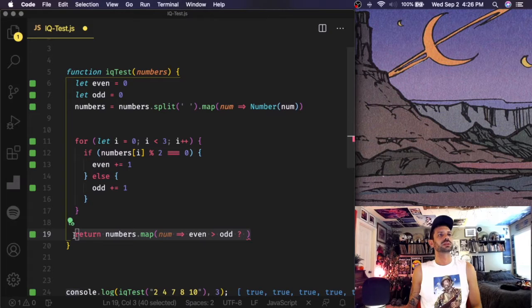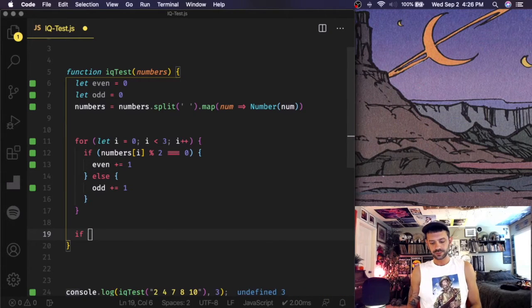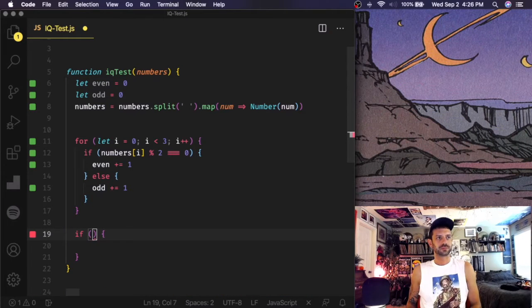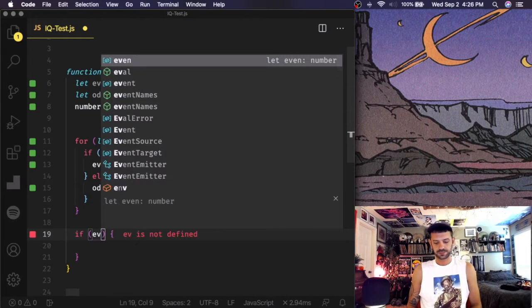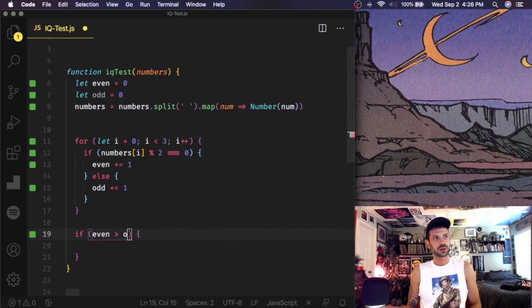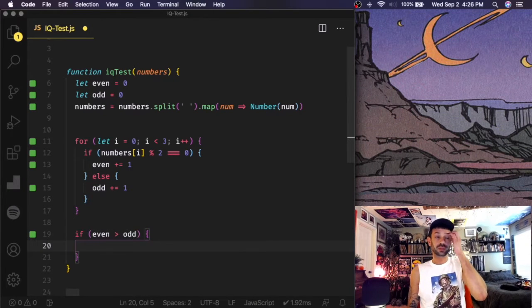We could go like this. If even is greater than odd, then we know that the loop is majority even numbers, so we'll say